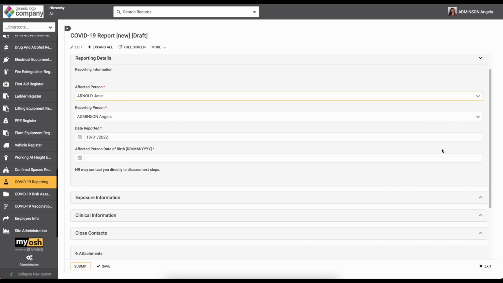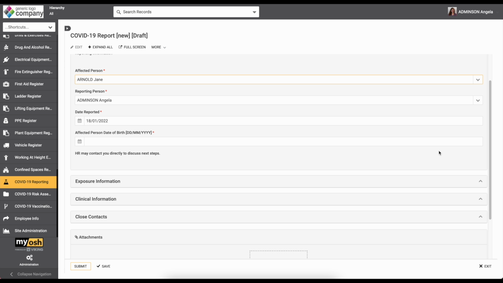Both of these people will be sent a thank you email for submitting a COVID-19 report. We also have the date reported and the affected person's date of birth. The date reported will default to the date of creating this record, but you can change this by selecting the calendar icon. You can also change your default settings in the administration section of Myosh if you'd prefer this to